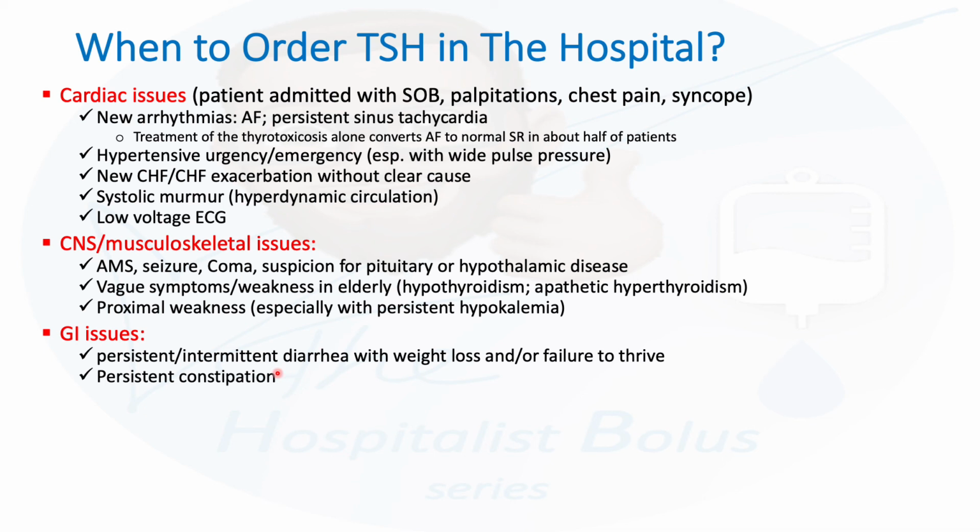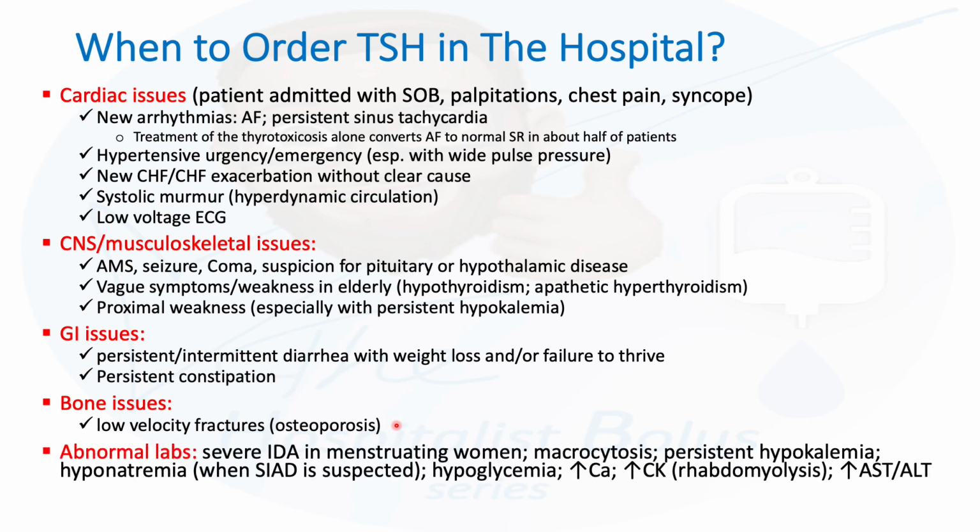Persistent constipation, with hypothyroidism. Some bone issues, patients having low velocity fractures. Maybe if there is no obvious cause, you need to check TSH to rule out thyroid dysfunction in this patient too. Abnormal labs sometimes, severe iron deficiency anemia in menstruating women. Maybe they're having menorrhagia because of hypothyroidism. Macrocytosis. Hypothyroidism can also be associated with increased MCV in CBC test. Persistent hypokalemia, we talked about that. You're going to check for hyperthyroid hypokalemic